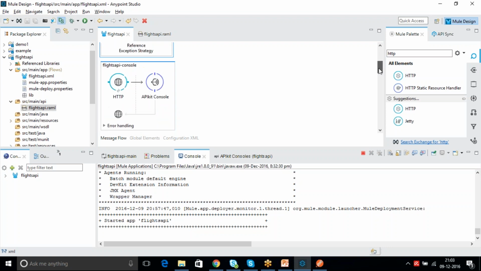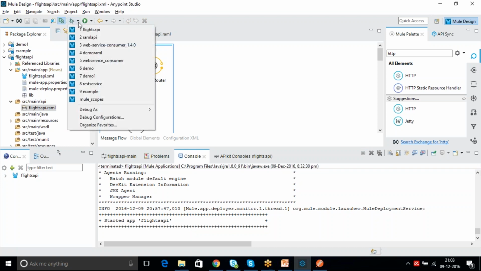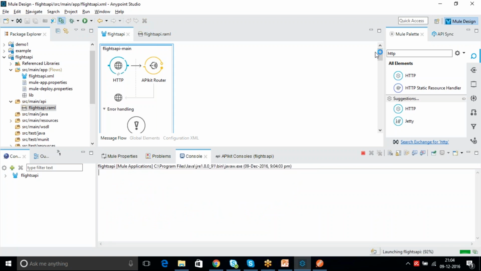Now if I want to see whether my request is coming properly here or not, just terminate this one. Whenever you want to go into another mode, just terminate the existing console, and now you can run your application in debug mode.